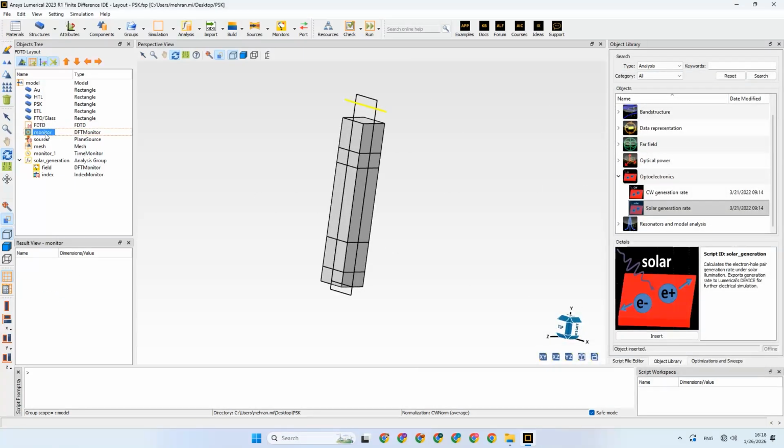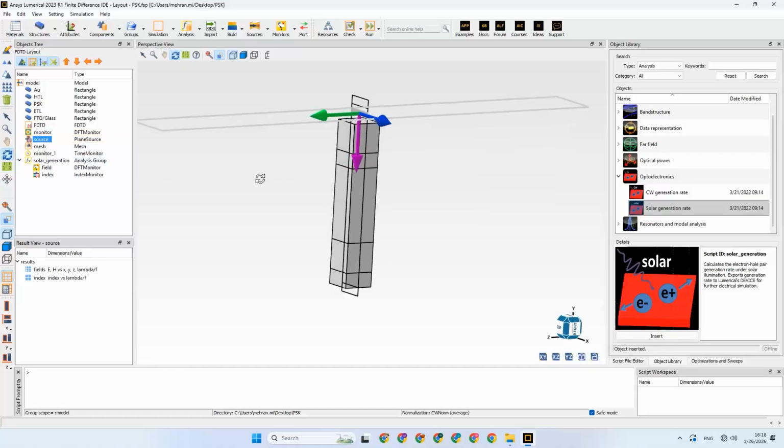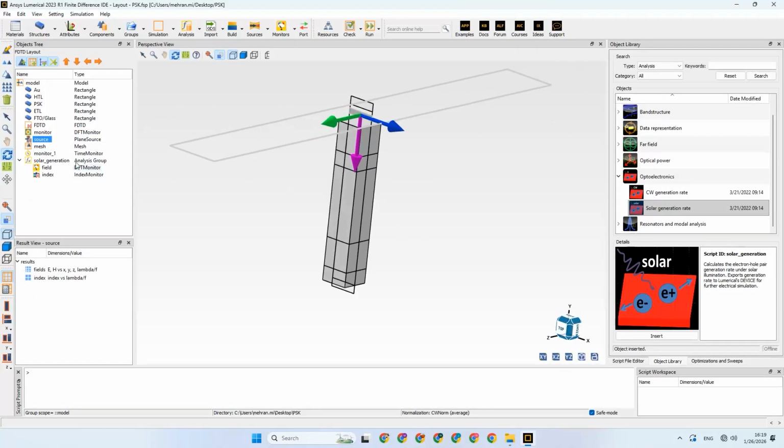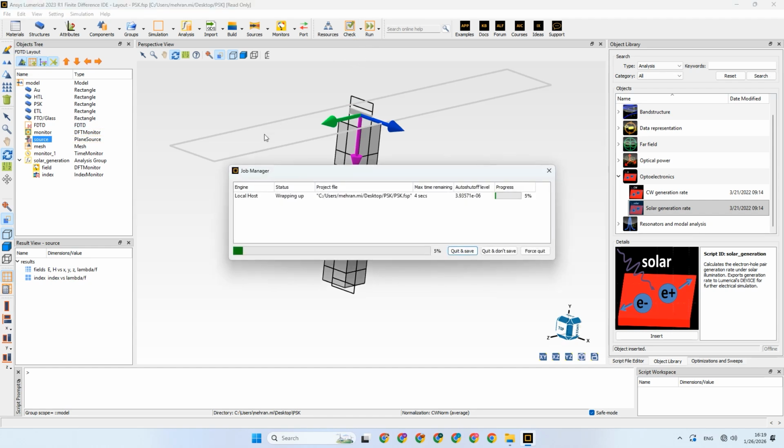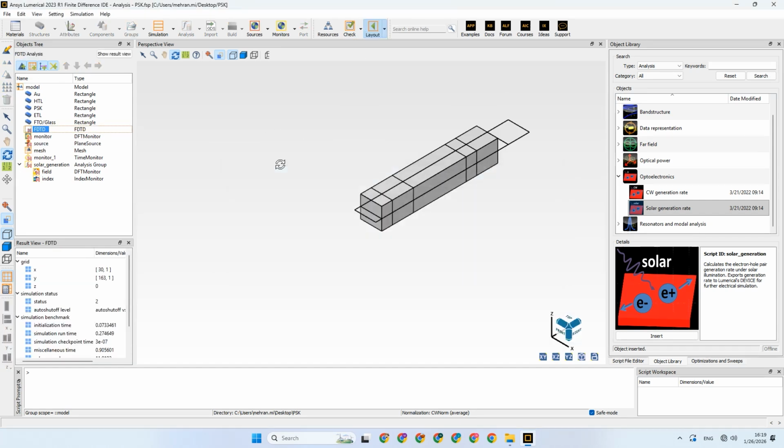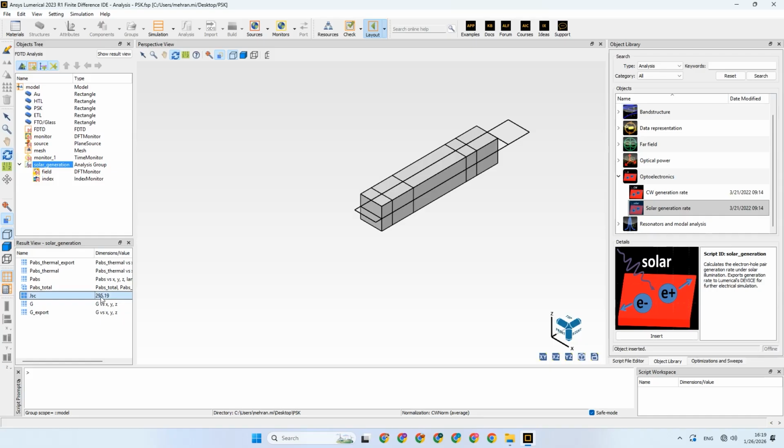And the monitor here, the source. Now it's aligned. Let me save it again and rerun it. Okay, now you can see the JSC is